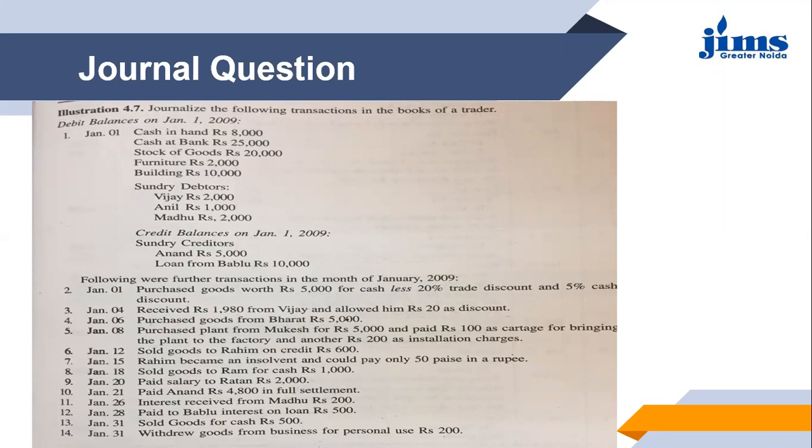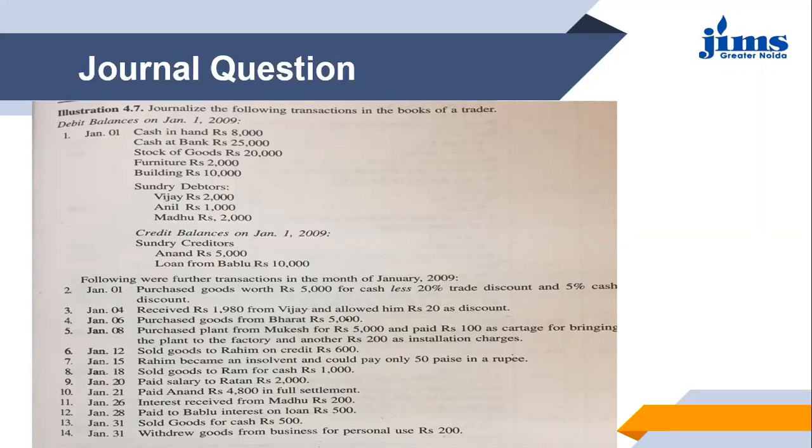Full settlement means there will be no further payment in respect to this particular person for now. So whatever is being paid is the final settlement. No further payment will be made to this person. So whatever is the difference in the amounts will be treated as a profit for the firm. So the amount that needs to be paid to the creditors is 5,000 rupees, and payment made is 4,800.